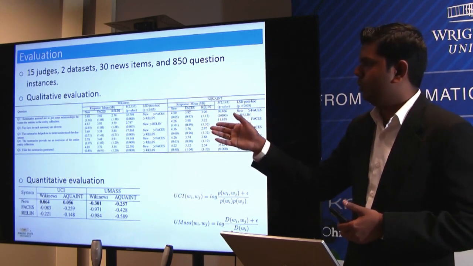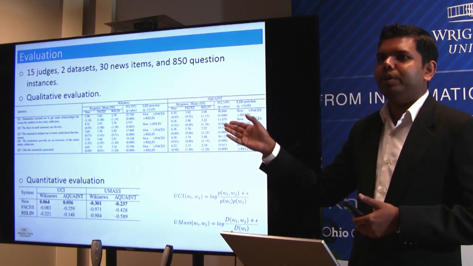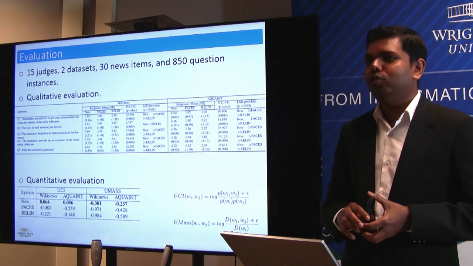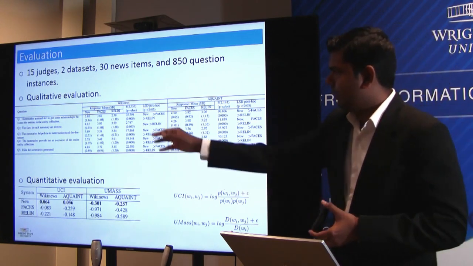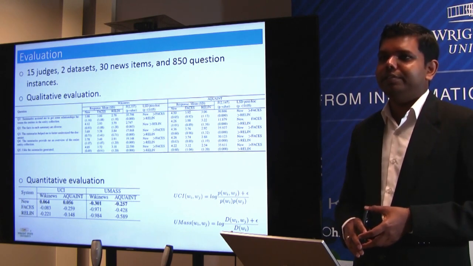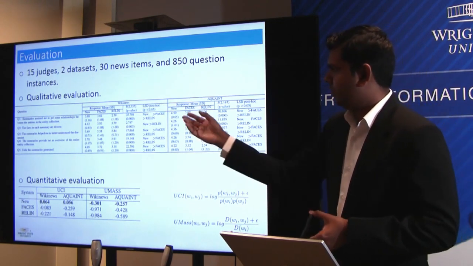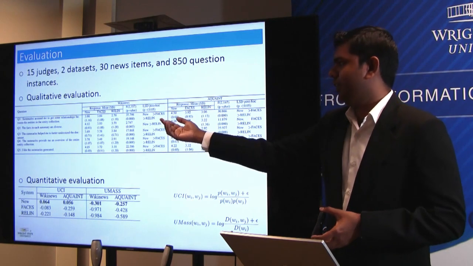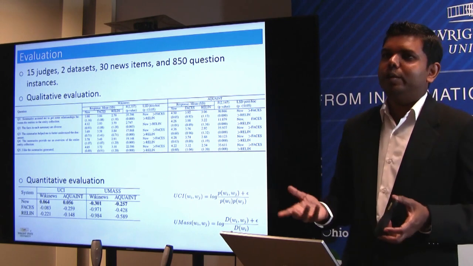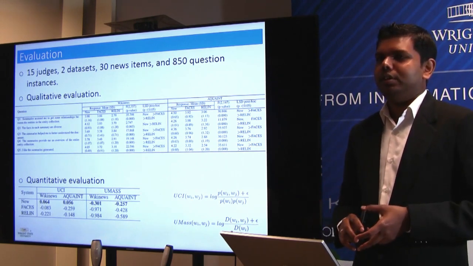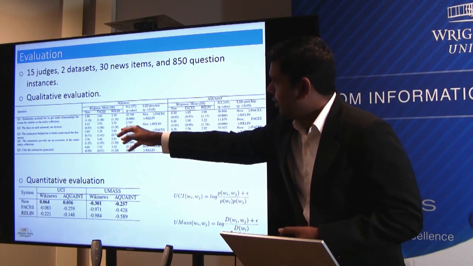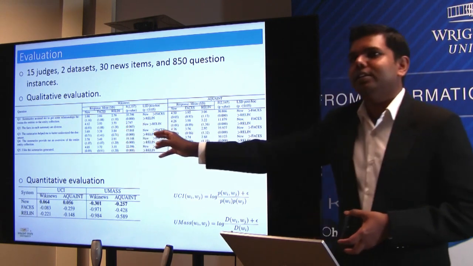We ask questions such as whether you like this summary over the others on a scale of 1 to 5. And the interesting thing I want to show here is the second question. We asked whether the entity summaries are diverse, and there is no statistical evidence to say that our new approach is better than the baseline, because both of them try to maximize diversity. Even though their mean value is higher, we can't